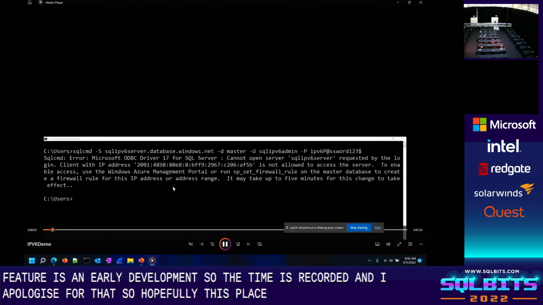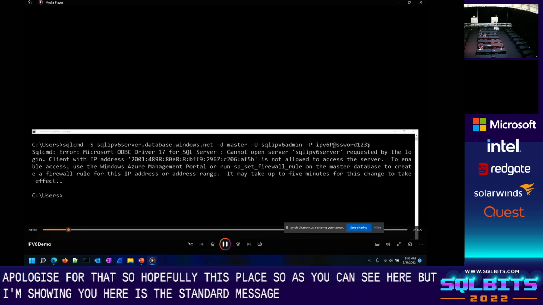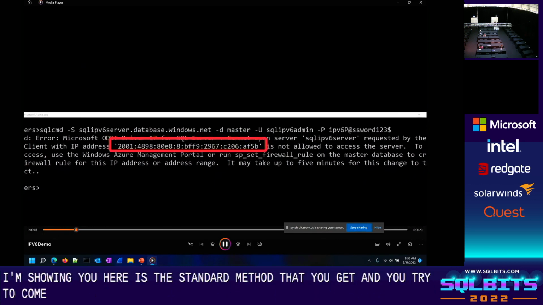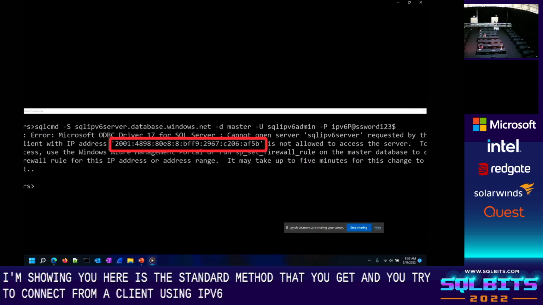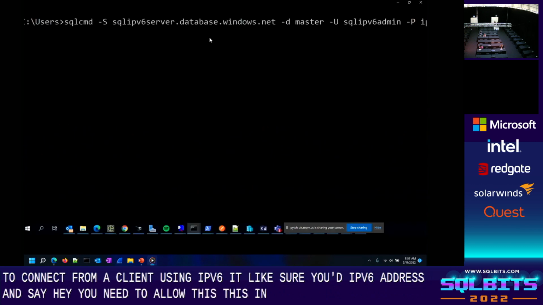As you can see here, what I'm showing you is the standard message that you get when you try to connect from a client using IPv6. It will show you the IPv6 address and say you need to allow list this in order to be able to connect.